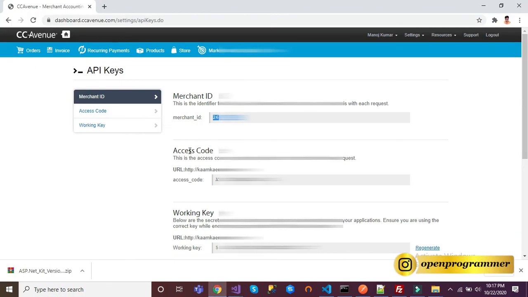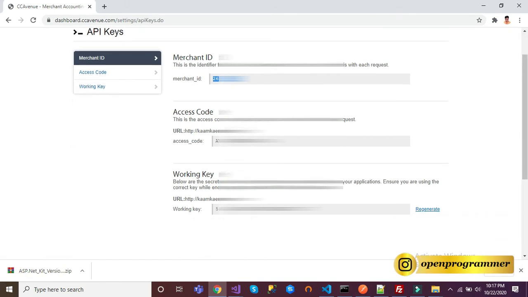Actually, the problem we face again and again with CC Avenue is this: you can see that particular URL. On whatever URL or whatever website you are going to integrate this, you have to verify that URL through the CC Avenue portal. So whatever URL you see on this particular page below that access code, only from these URLs will your hit be called to the CC Avenue server.